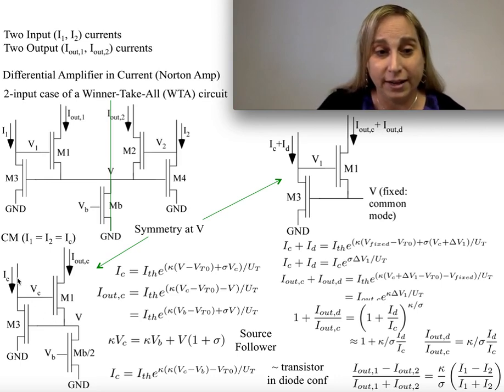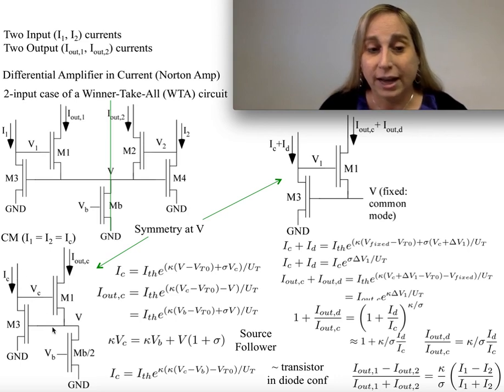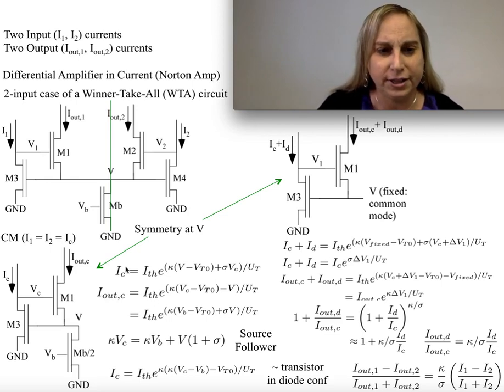And if I had that and I diode connected an element from this to V, I would have something where that exponential slope is going to be related to kappa over UT. Well, because I have the follower, I would expect kappa squared over UT. Well, if I work through the math, I can actually write down the nonlinear equations directly. One for IC, and the other two for I out